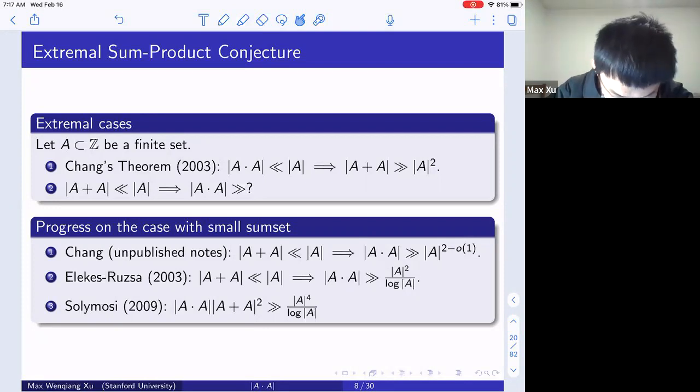The proof uses a very, very clever argument of incidence geometry type, so it should also work not just for integers but more generally. But up to now, all the progress here has a log A factor. And you might wonder,